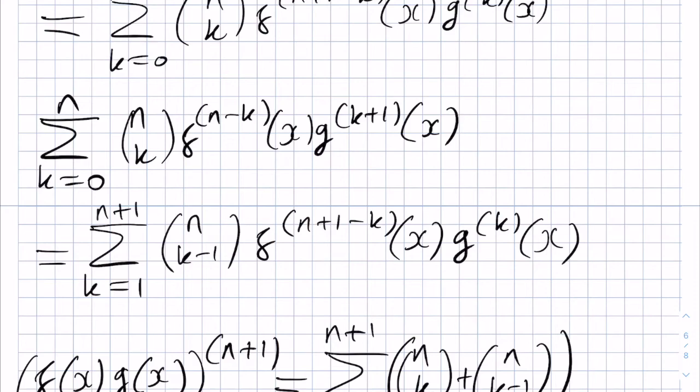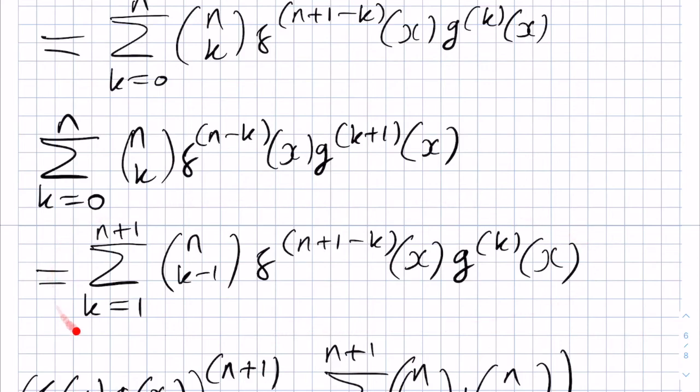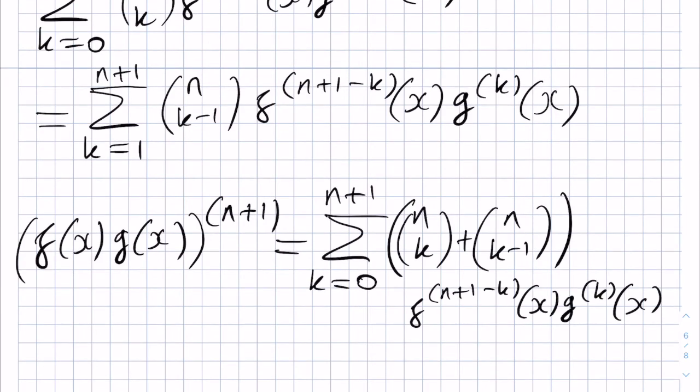But I ask you as an exercise to check the edge cases, i.e. the n plus 1 in this first sum and the 0 in the second sum. Essentially, it's the same thing that we discussed in the video when dealing with binomial coefficients. The edge cases are not very nice for our binomial coefficients that we have in here, i.e. n choose k and n choose k minus 1. But either way, if we just proceed, assuming that you've checked the edge cases in your own time,